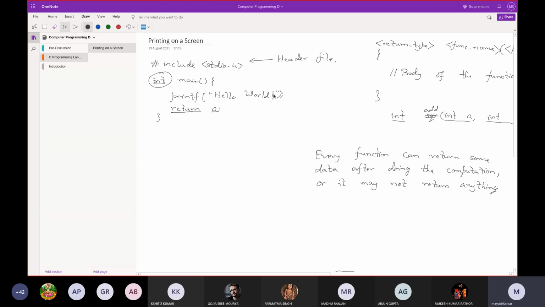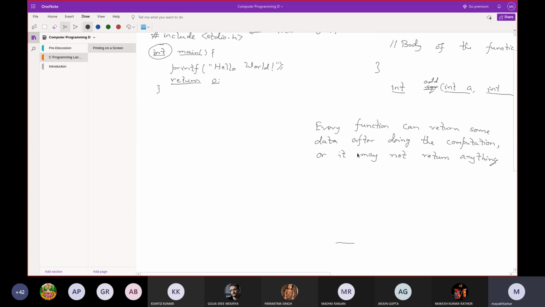And it is doing the corresponding logic or the corresponding computation that we are telling it to do, and it is doing this hello world. That means we are telling it that in the logic, perform the show of the hello world string on the screen. Okay, so int is the return type, this is the function name, and in this case, as you can see, main is not taking any parameter, but in fact the complete definition of main takes 2 parameters. Okay, but I will discuss them when I show you the command line arguments. Those parameters are used for command line arguments.